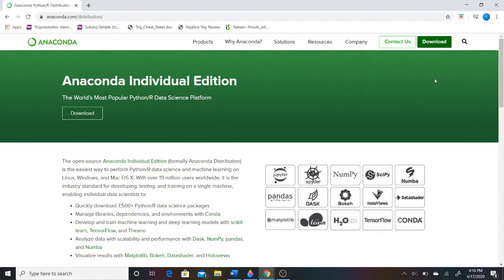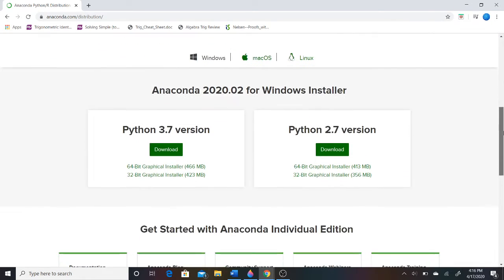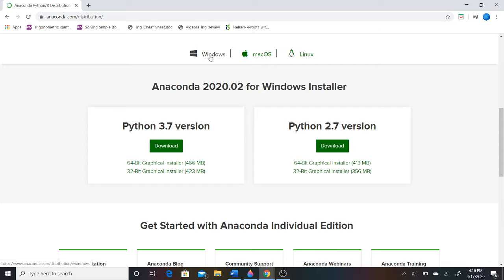So we're on Anaconda. I will put the link for this down in the description. And now we're going to scroll down. And if your software is Windows, click this. If your software is Macintosh, click this. If you're on Linux, click this. 3.7 is a newer version of Python, and that is the version of Python that we are going to be using in this course. So downloading Anaconda takes a bit of time, but after you're done, you're going to go